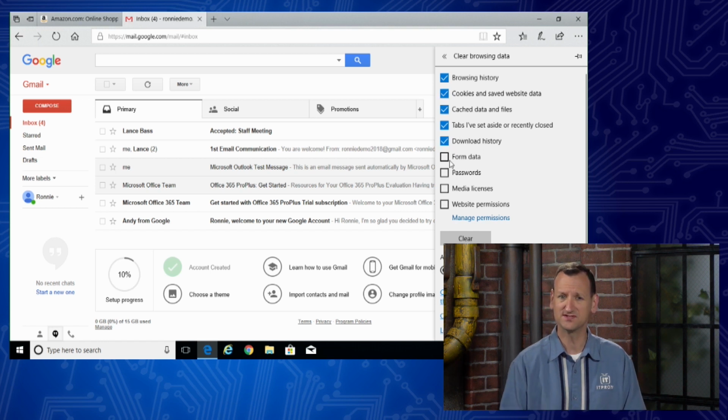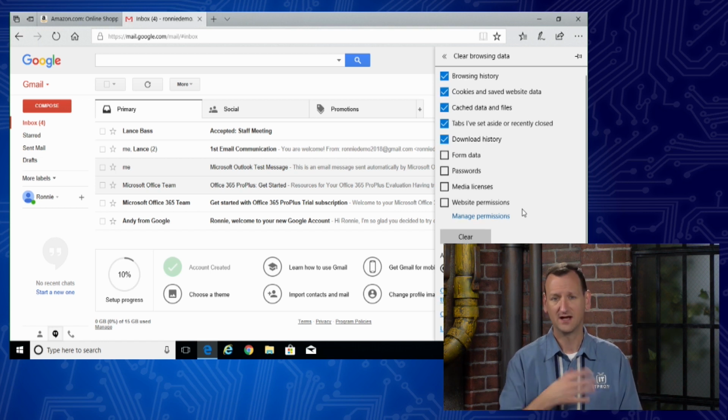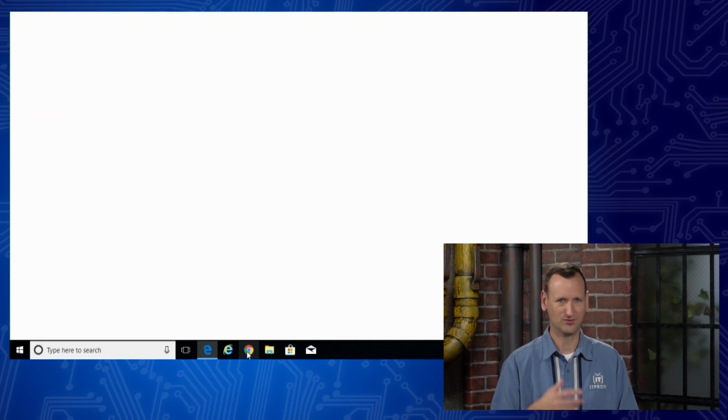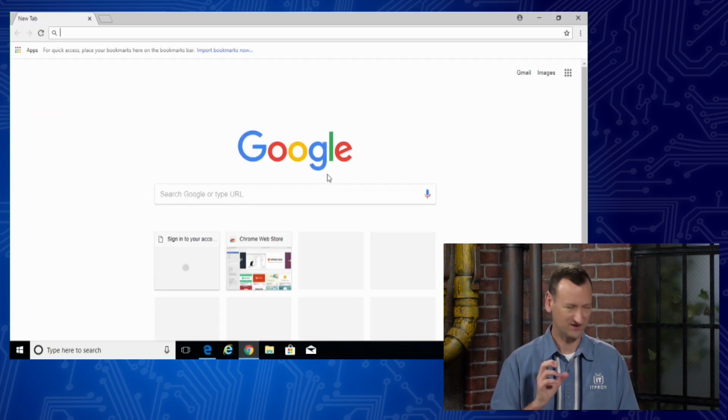So it's important to know that these settings are there so we can go and clear them out. And Ronnie's showing us in Microsoft Edge, but it's really every browser that does this, right? If you were in Firefox or one of the other ones, they've got the same basic concepts, correct? Yes, Don. We pretty much will have the same type of settings. Now, they may actually show up a little bit differently.